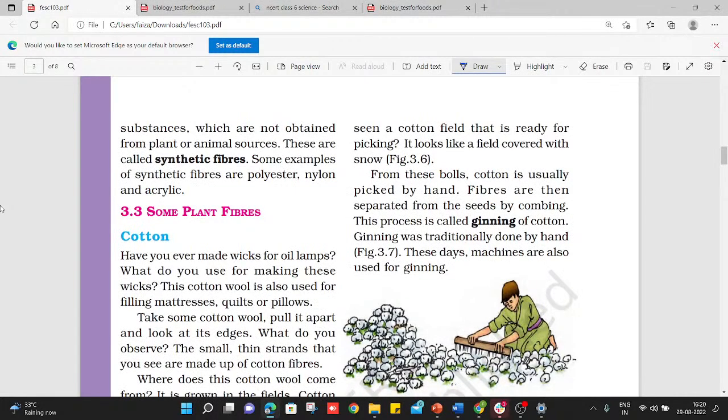Seen in a cotton field that is ready for picking, it looks like a field covered with snow. Okay, that is exactly what I was thinking. So ऐसा लग रहा है कि बर्फ अभी पड़ी है, बर्फबारी हुई है और ये कॉटन हमें मिल गया है।